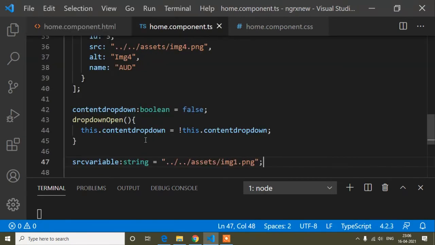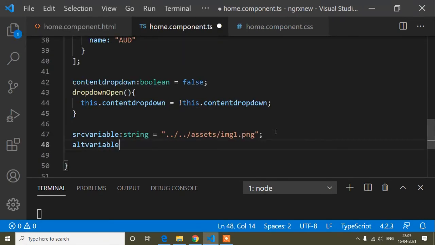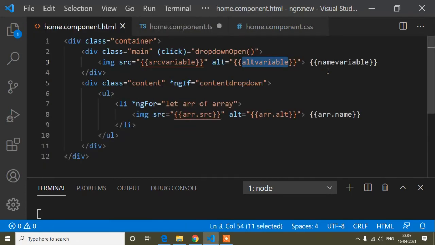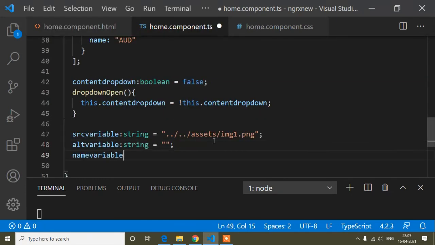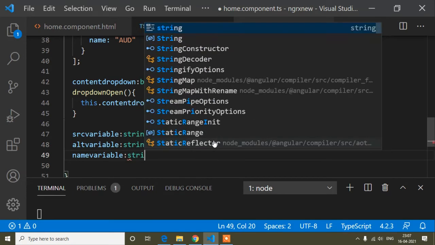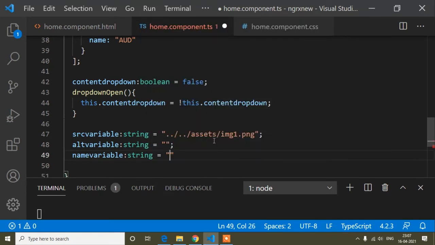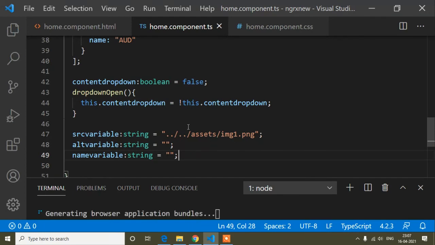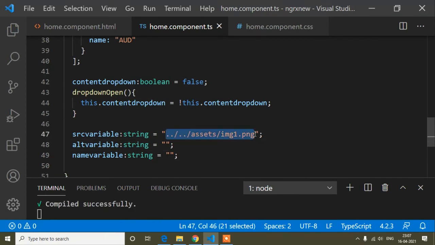it's showing an error because I have written the variable name here, but I didn't assign it in my TS file. So first of all here I will write string and the variable is blank. And in the same way I will copy the name variable from here, paste, type is string, and first I will keep it blank, and here also I will keep it blank.